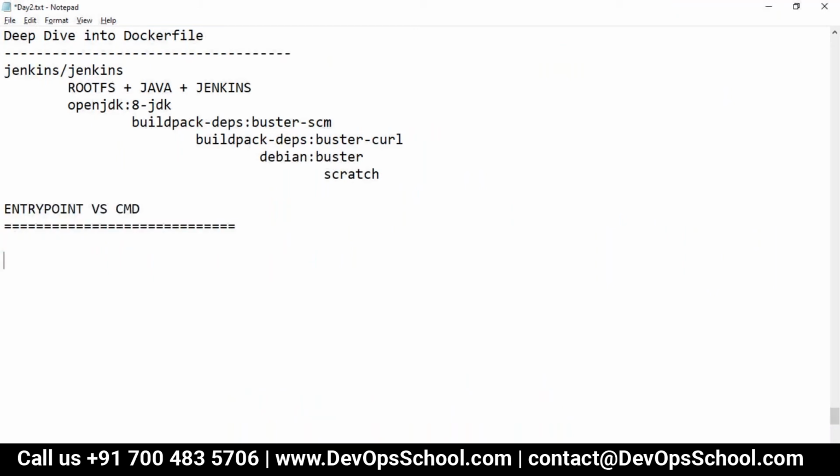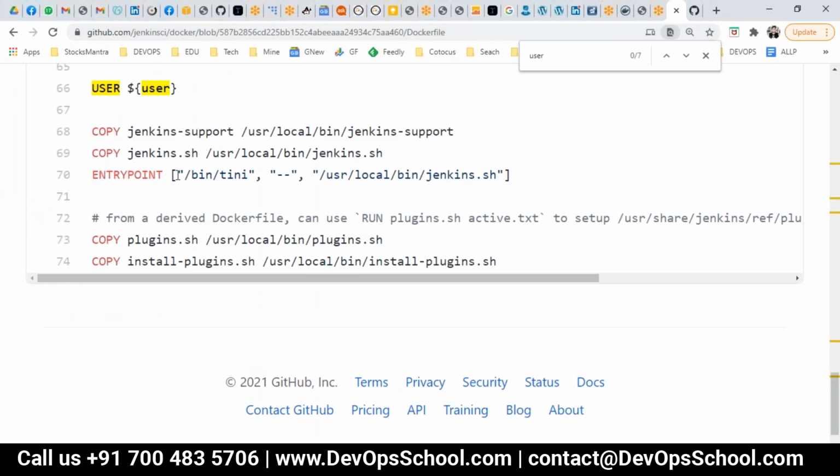Okay, now guys, this is the most important one as per my experience. The question is how to set PID 1. Remember the importance of PID 1, I have talked about it already so many times. But how to set PID 1 for the container in the image? So guys, you have to use entry point or CMD.